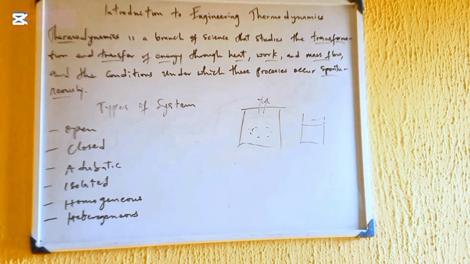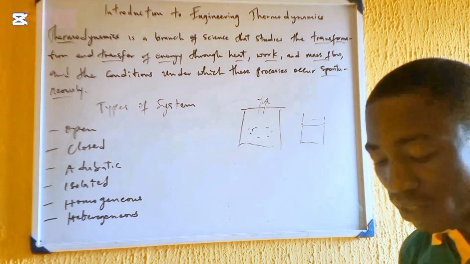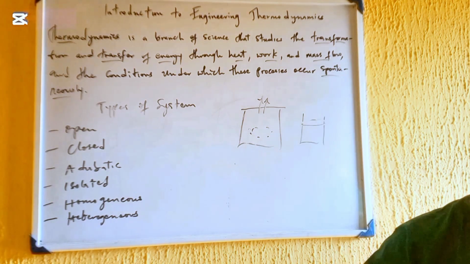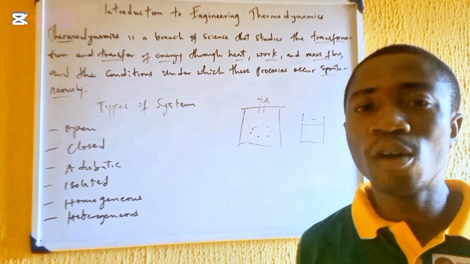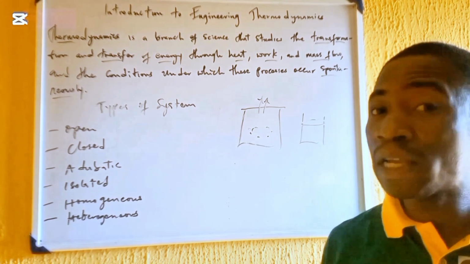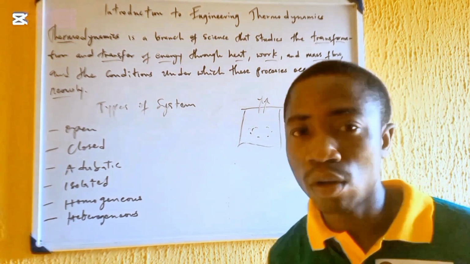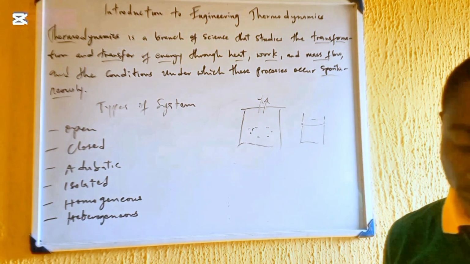Then we have the next one, adiabatic system. What makes it what? Adiabatic. It is thermally insulated from its surroundings. So please take note of this. An adiabatic system is already a closed system, but a closed system must not be an adiabatic system. So every adiabatic system is insulated from the surroundings. So transfer of energy cannot happen through mass flow or heat. It can only happen through work. So that's why it's called adiabatic system.